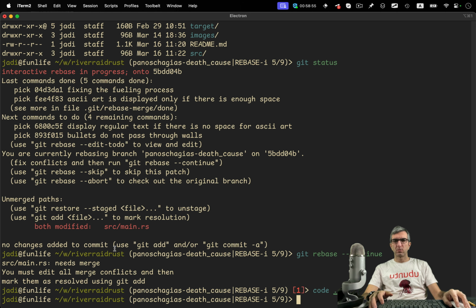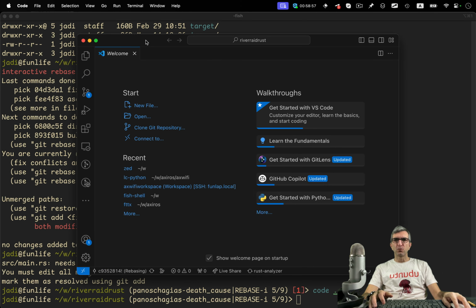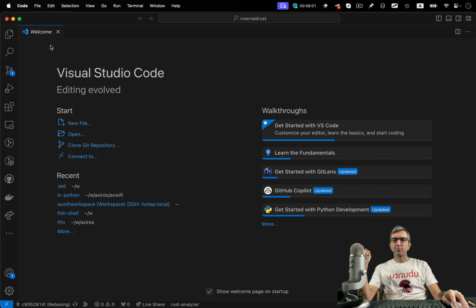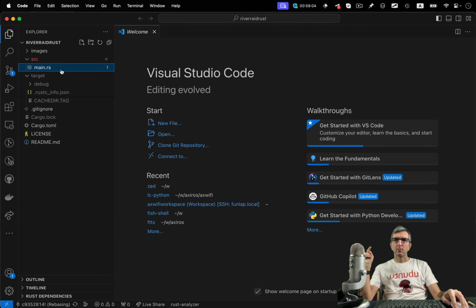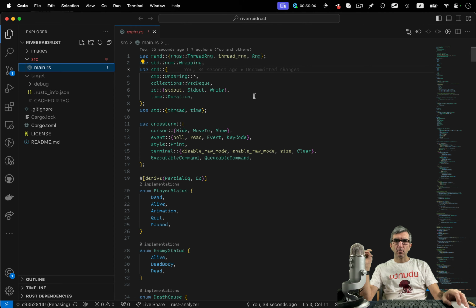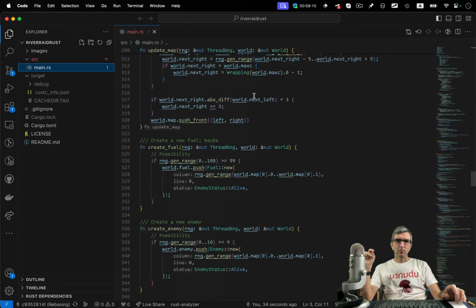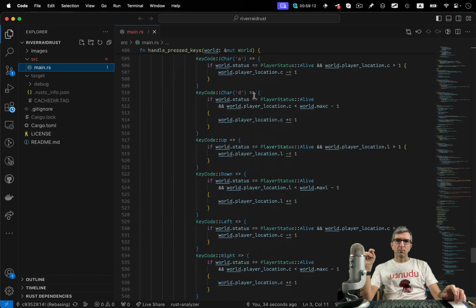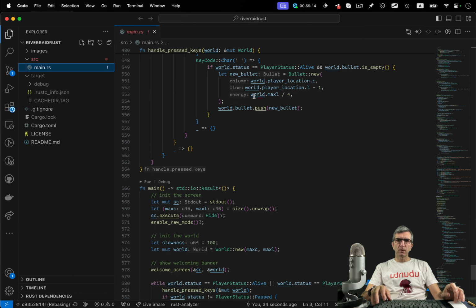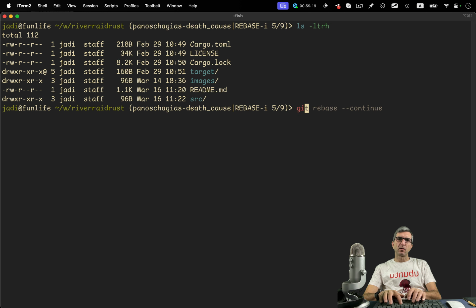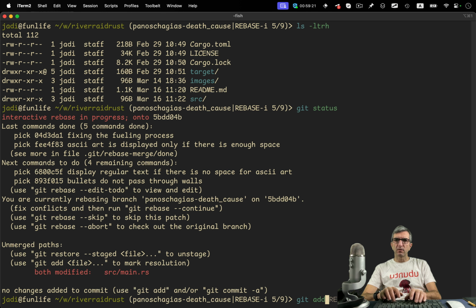Let's try with code. It's easier to find this one, at least for me. So. Okay, this looks good. Let's do the git status, git add, source.